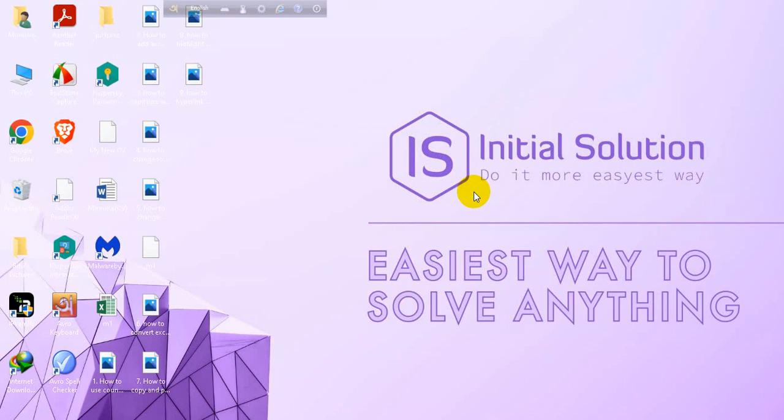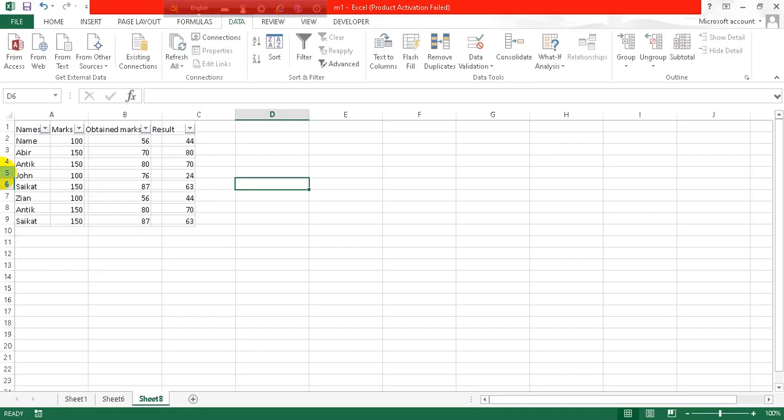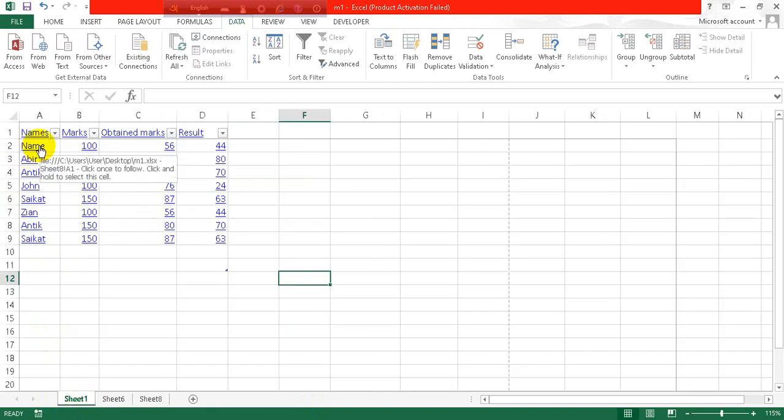In this tutorial, I'm going to show you how to indent in Excel. Let's open an Excel sheet. Here, let's say we want to indent these names. So what we'll do is just go to Home tab